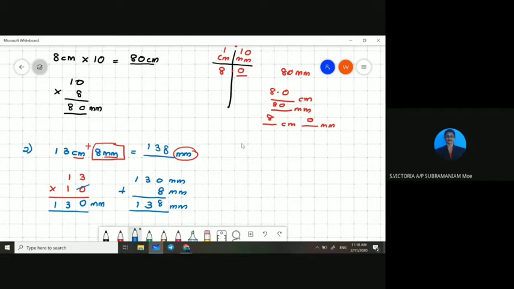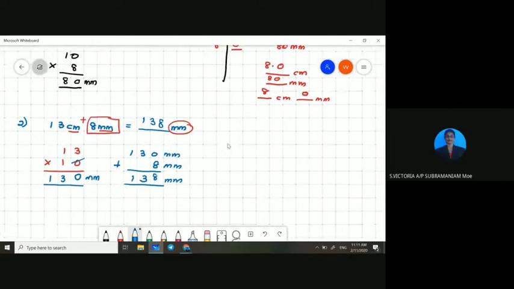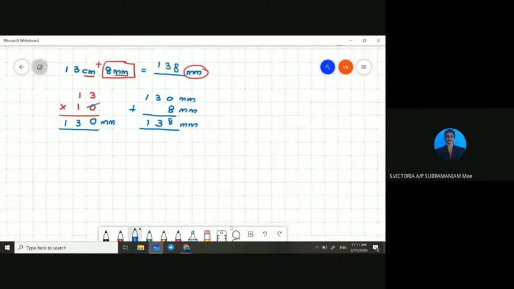Do you want me to show how to do this question in T method? Class? Yes, teacher. Okay, so I'll show you how to do it in T method. First, you draw a T. And then complete which unit is bigger. Centimeter is bigger, millimeter is small, and 1 centimeter is 10 millimeter, and this is the decimal